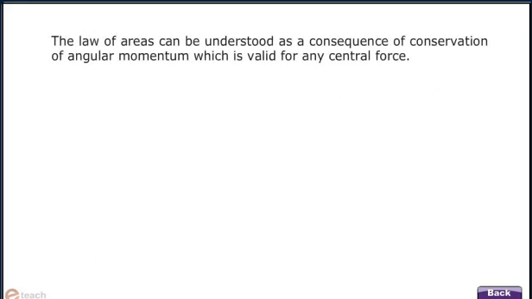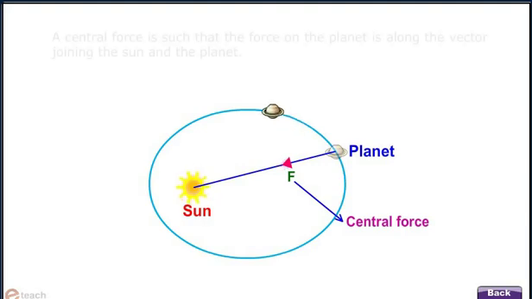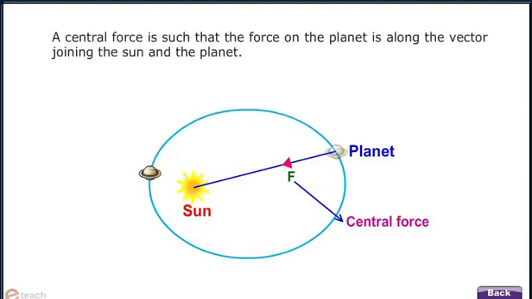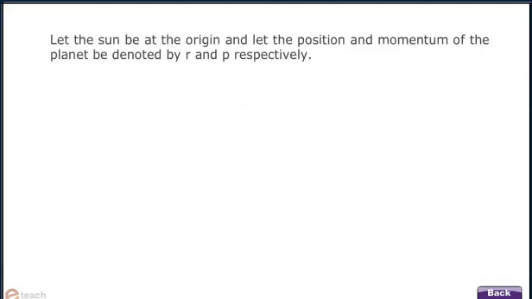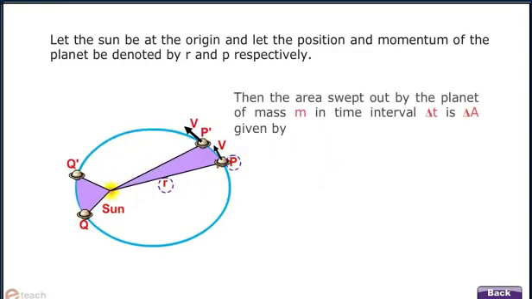The law of areas can be understood as a consequence of angular momentum, which is conserved for a central force. A central force is such that the force on the planet is along the direction joining the Sun and the planet. Let the Sun be at the origin and let the position and momentum of the planet be denoted as r and p respectively. Then the area swept out by the planet of mass m in time interval delta t is